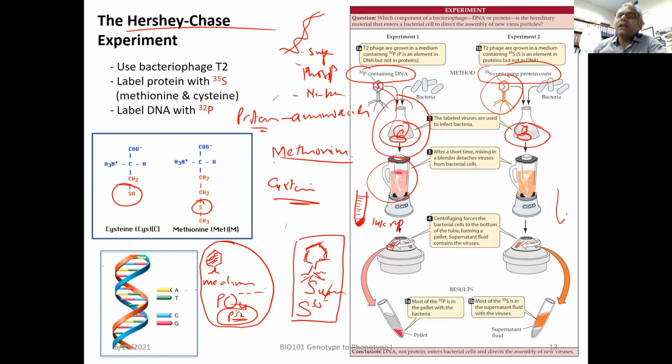Same will happen here. You will have बैक्टीरिया सारा सेटल कर जाएगा और वायरस इस पे हो. What they wanted to see: the bacterium जो मैंने grow किया है, is it P32 or is it S35? It contains P32 or S35. Why? Because if the molecule of heredity, which parents pass on to offsprings, is a DNA, then